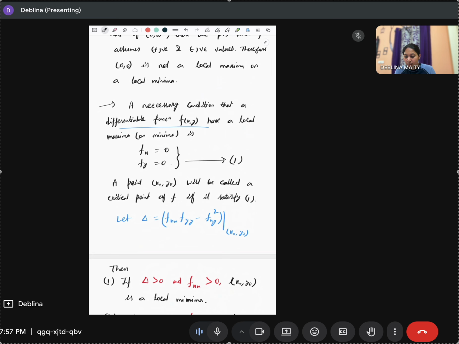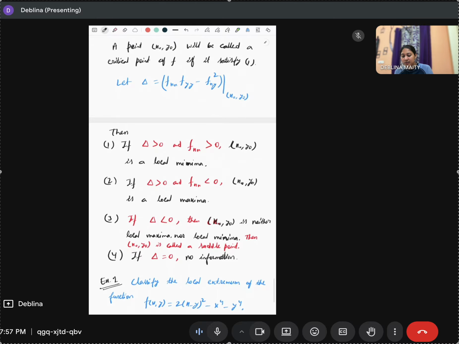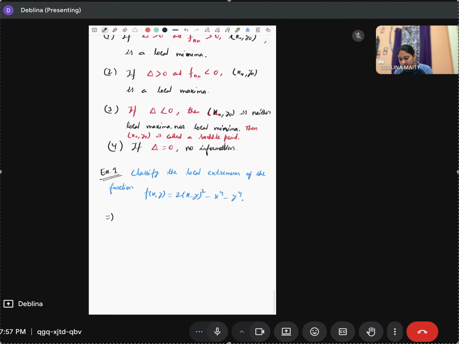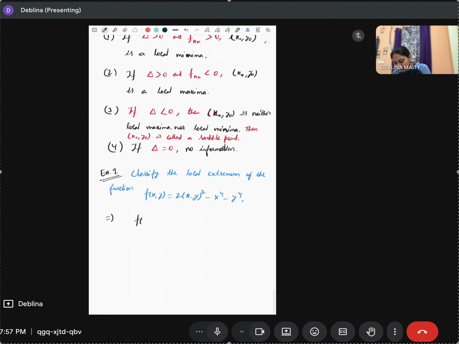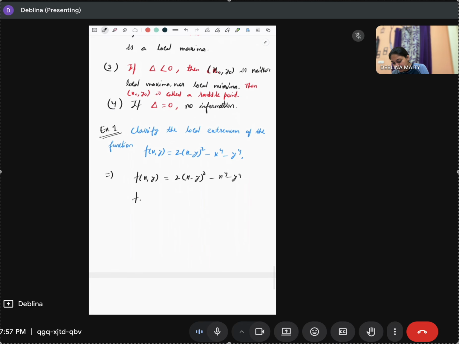So we find the critical points by doing the partial derivative and taking it to be 0, and then we have to calculate this delta, and we have to see if one of these conditions from 1 to 4 is happening or not, right? So first we have to take partial derivative along x and y. So this is the function. So what is fx? So fx is, and fy is